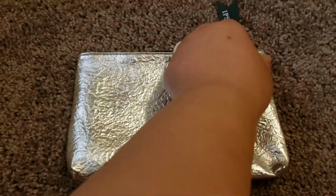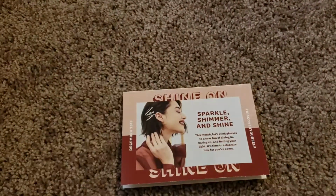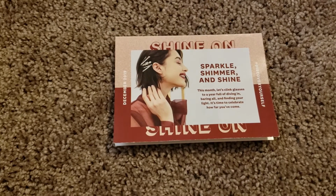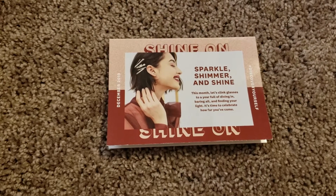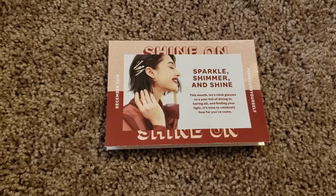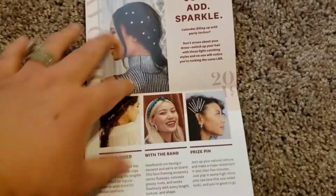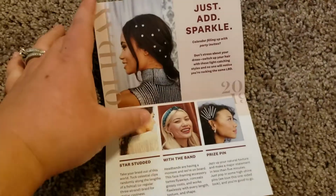Let's get started. The first thing is this bag. It is silver, has green, it has a little zipper, and it's green on the inside. And the card says, "Shine on, sprinkle, shimmer, and shine. This month, let's clink glasses to a year full of diving in, bringing all and finding our light. It's time to celebrate how we've come so far." And it's for December, and it shows star-studded with the band, prize pin, and then it says just add a